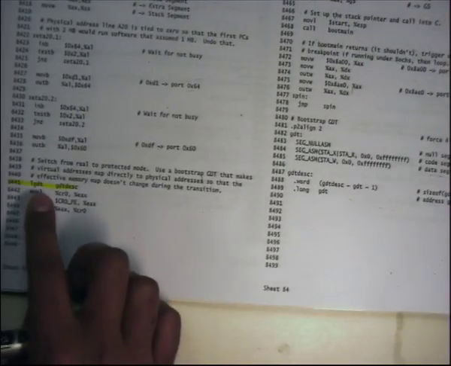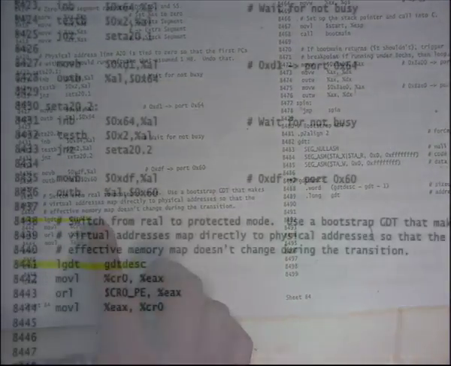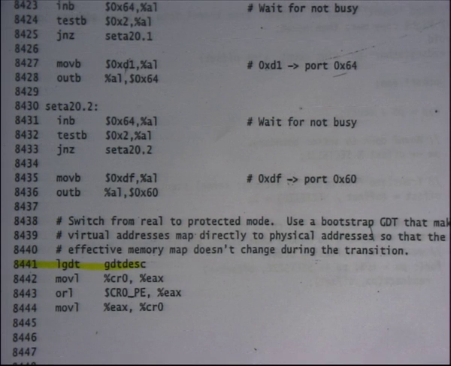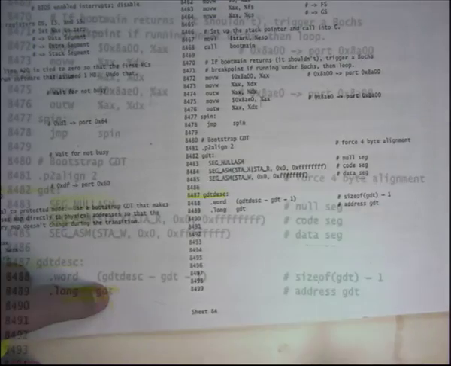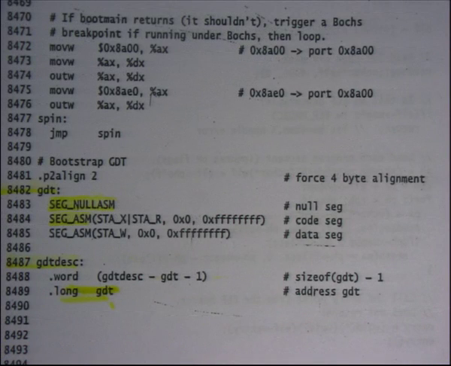Okay. So what are the semantics of LGDT gdtdesc? gdtdesc itself, the descriptor, is defined here at line 8487. It contains the location of the GDT, and it contains the size of the GDT, right? Recall that we said that the GDT is specified by a size and a base. So this is the base of the GDT, and this is the maximum size of the GDT. That's what you specify in the gdtdesc. And let's look at where the GDT is. That's at this line 8482,